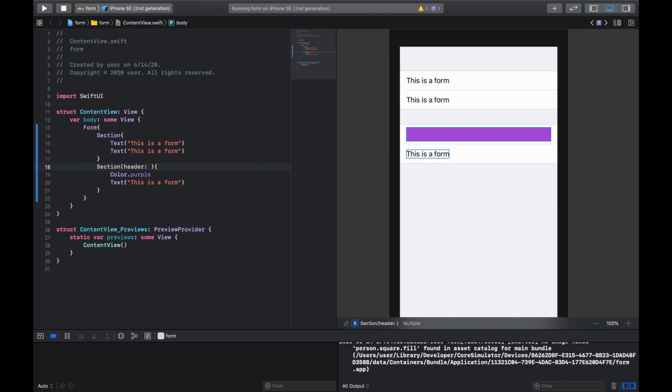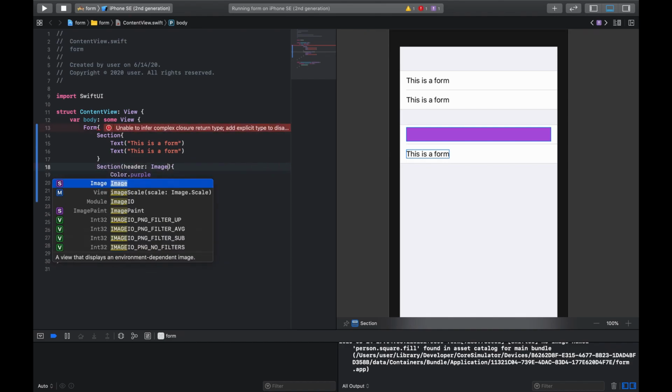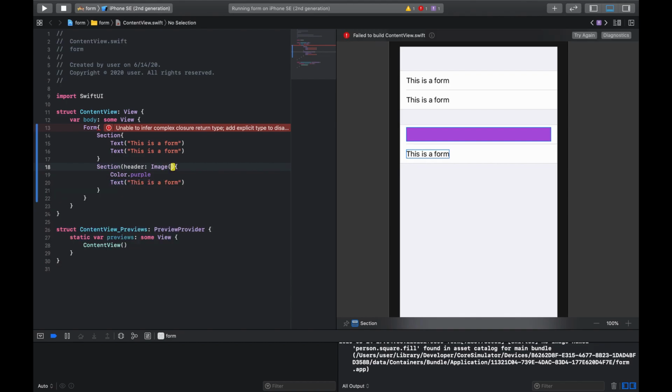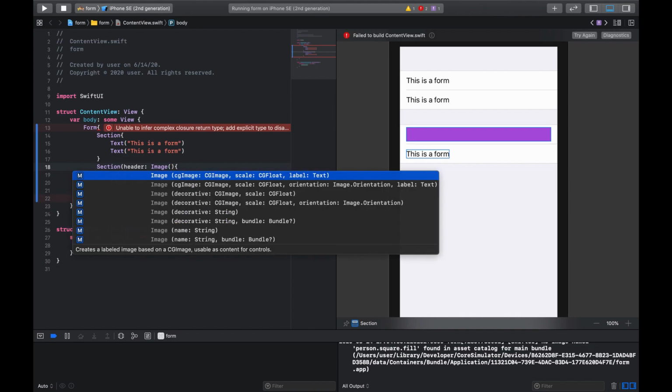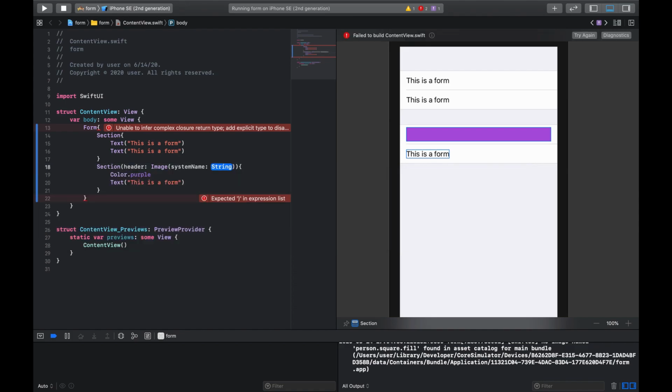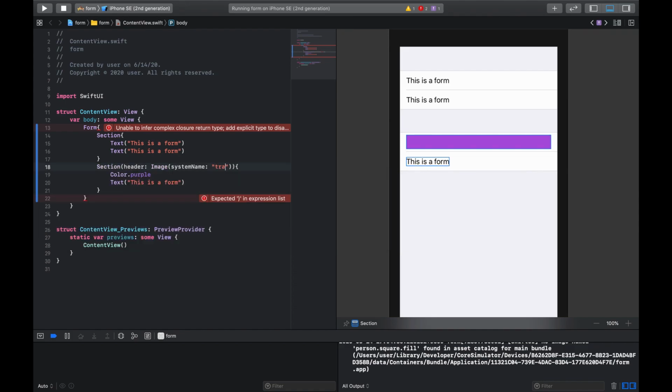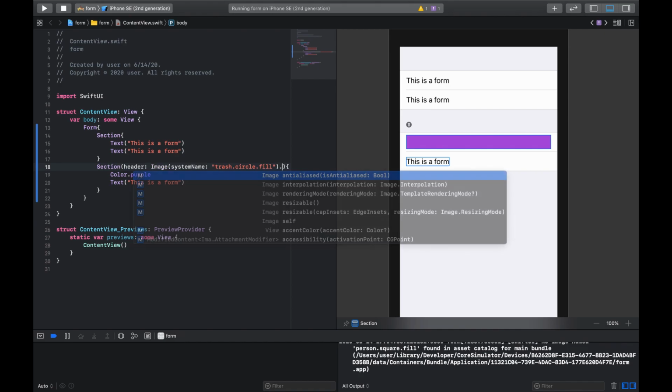This is going to be an SF image, San Francisco, that is an image, and the system name is, I believe, trash.circle.fill. Because this is an SF symbol, we can just use the same modifiers we use on text. We could say dot